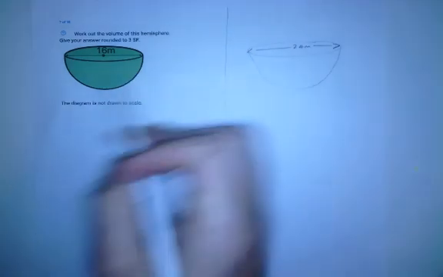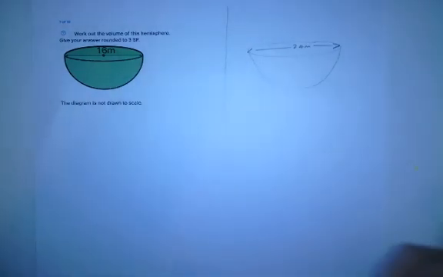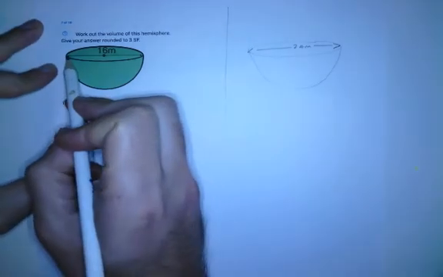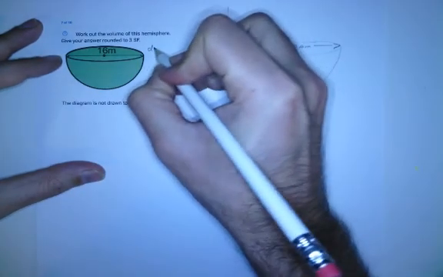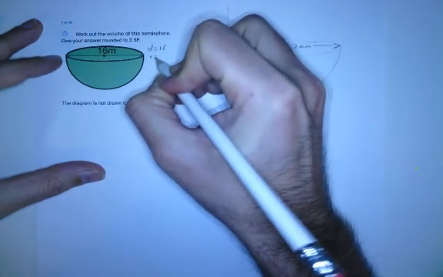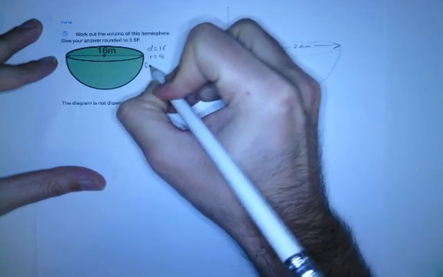Okay, so we need to figure out the volume of a sphere that would have had diameter 16, and then we are going to halve it at the end. It doesn't mean that we halve 16 at the beginning or that the formula changes. We figure out the full volume and then we halve it. The distance from there to there is 16. That right the way across is the diameter. So the radius would be 8. So the full volume,